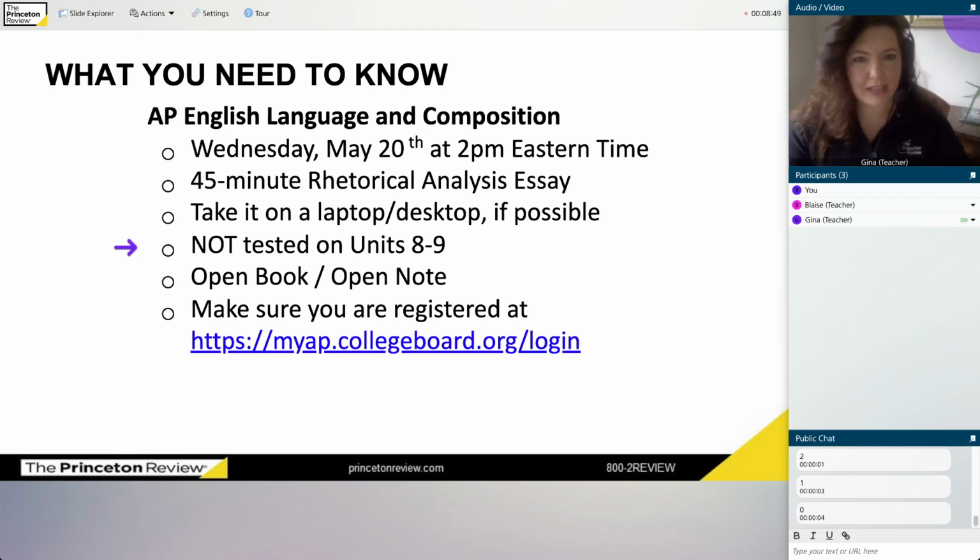With AP English, there are certain concepts that your teacher would have covered in the class, and maybe certain other concepts that she wouldn't have covered, but it could vary a little bit from teacher to teacher. Technically, the AP is not going to be testing you on material from units 8 and 9. So if you've seen the official AP course exam description document, then everything that's listed under units 8 and 9 should not be required for the test.